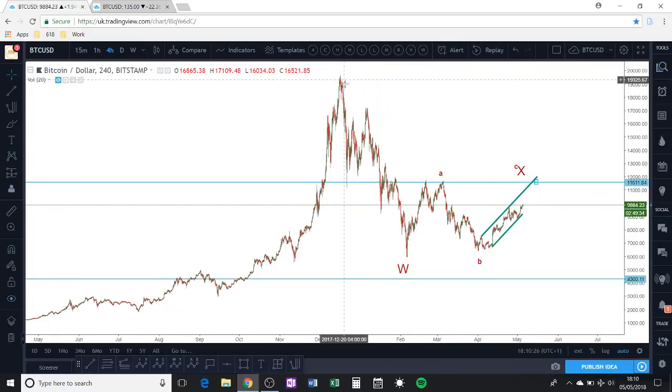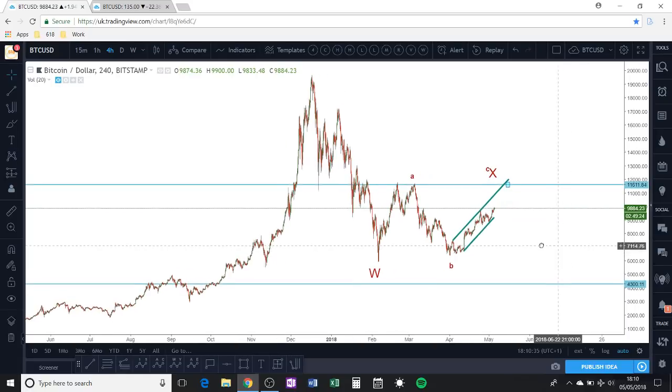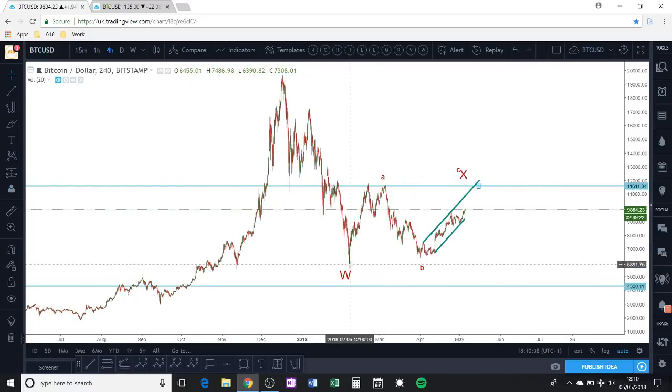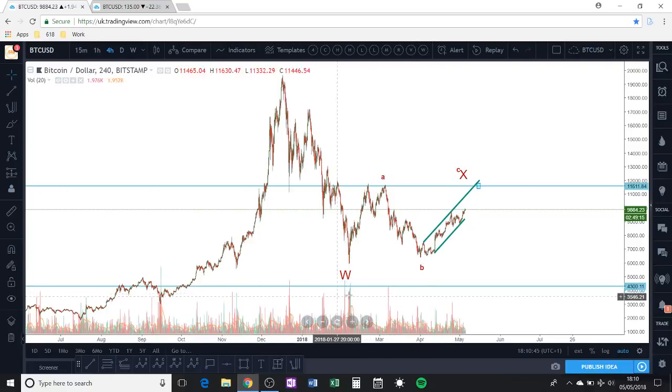So essentially we've had a W, X, and then a Y may come down to around here. It will take a hell of a lot of force to bring it down lower than $6,000, purely because looking at volume, there's a huge amount of volume that came in at this level. That's not to say price can't come down lower, but there's no reason to suspect it will. And the altcoins are looking very bullish if you look at those charts. We will discuss Digibyte in this video, where I'll use that as an example of how bullish these altcoins are looking.